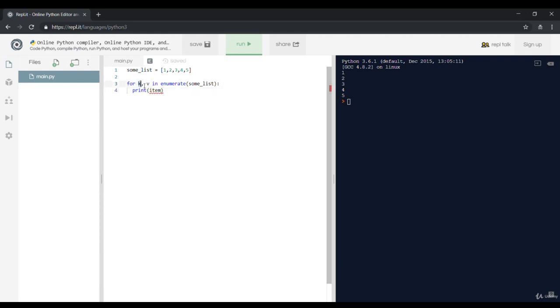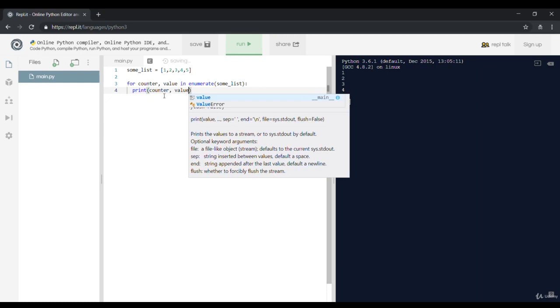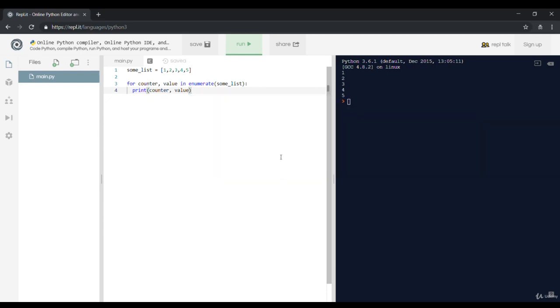We could say counter and then value just to make it easier, okay? So we're going to say print counter, value. What is going to happen? We're going to run it. It's going to print the counter, then the value right next to it, then it's going to go to the next one. So when we write this enumerate method, it's going to create